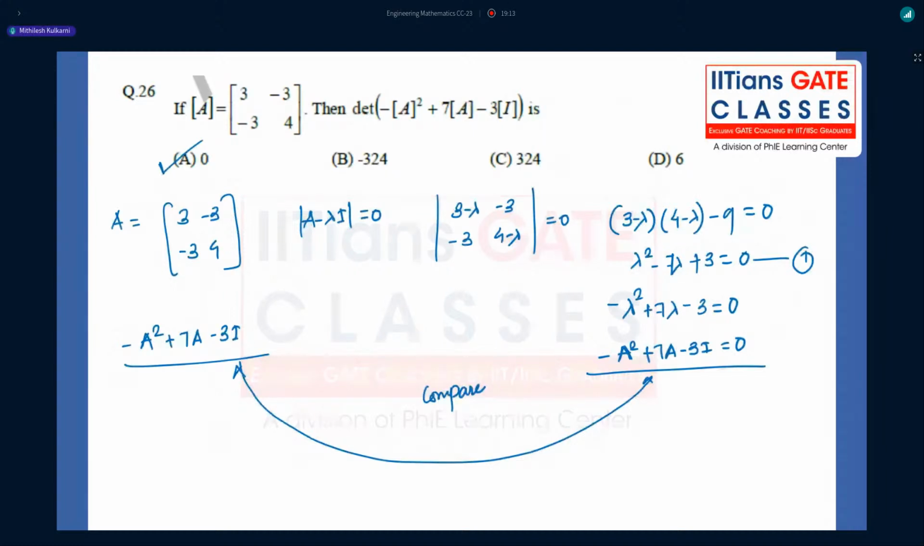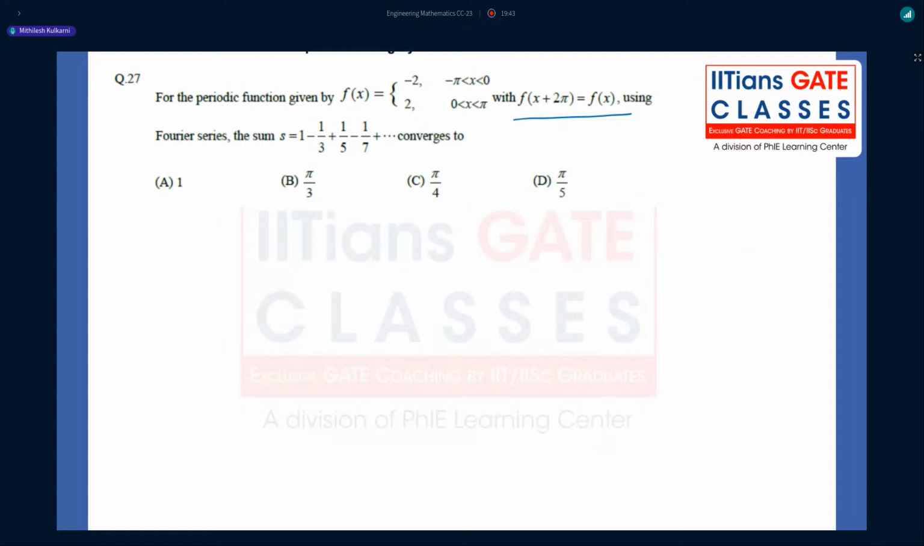Coming towards the next question. This question is from the Fourier series topic. We have a periodic function f of x, having two different values: f of x equal to minus 2 for the values of x from minus pi to 0, and from 0 to pi the value of the function is 2. The time period is 2 pi here. And using the Fourier series, we have to